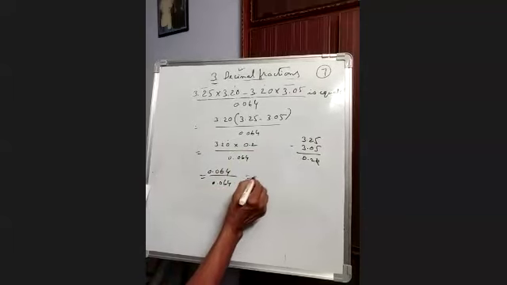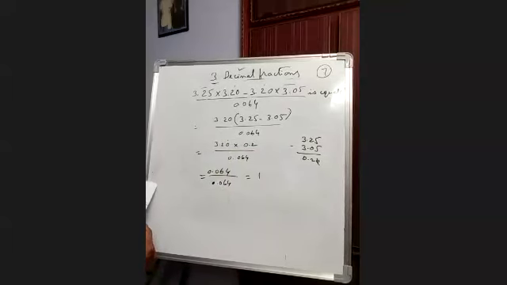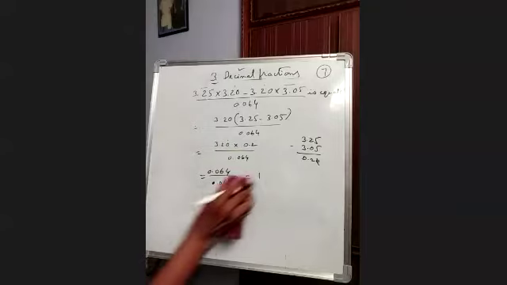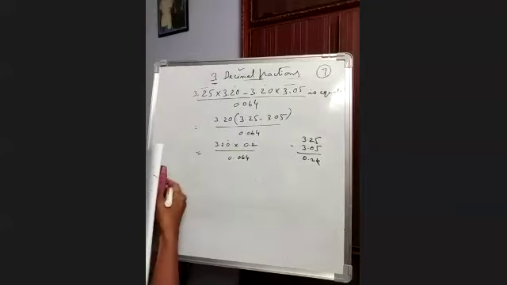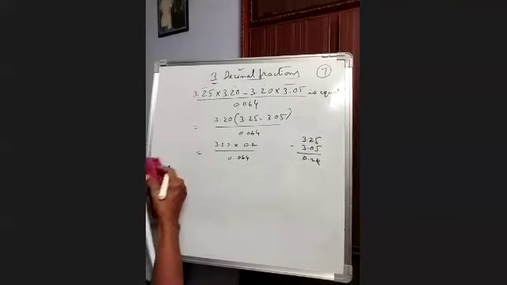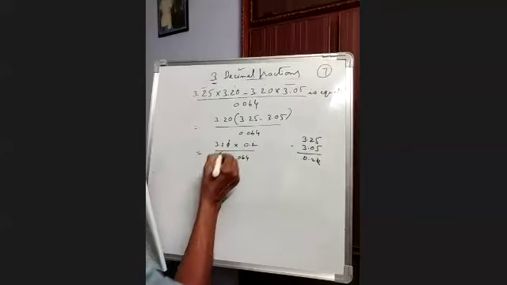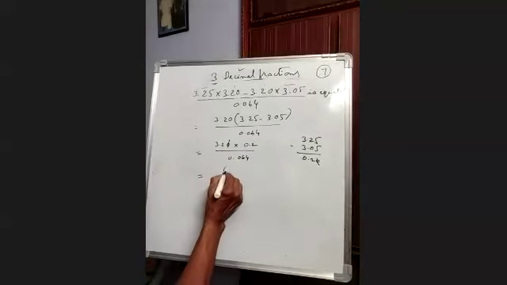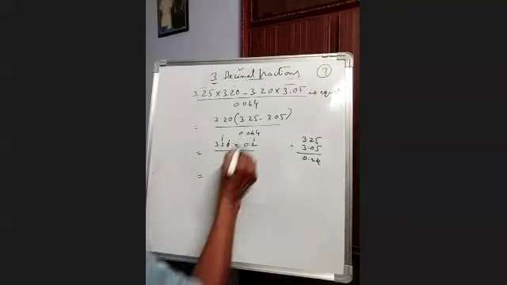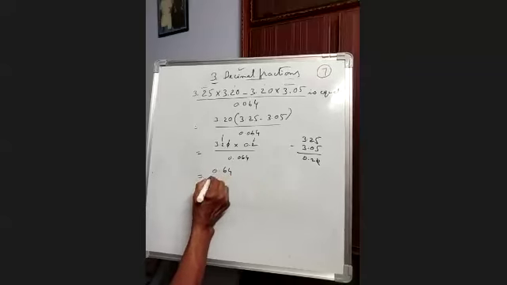That will be 1 only. Oh no, just wait. This decimal we don't count. 32 into 264, only 2 decimals. 0.64 by